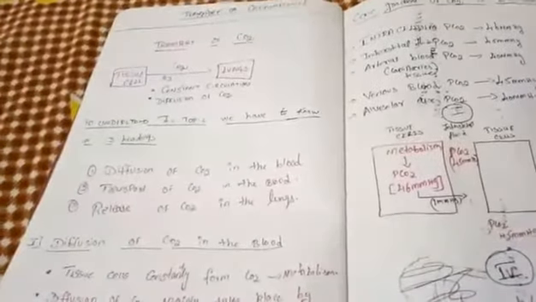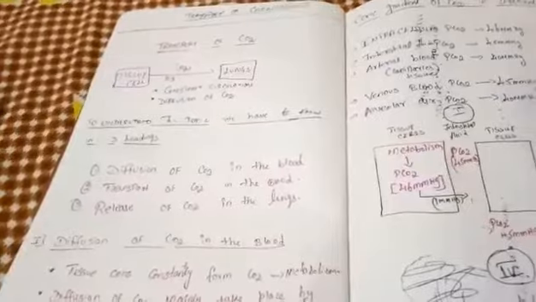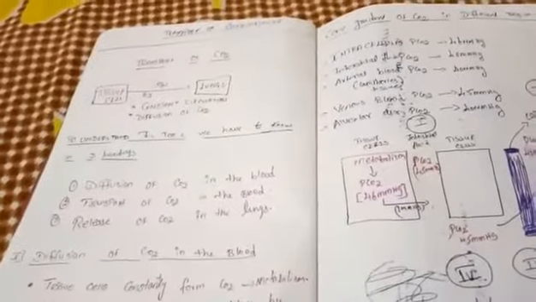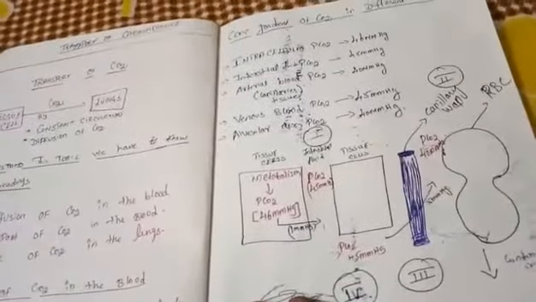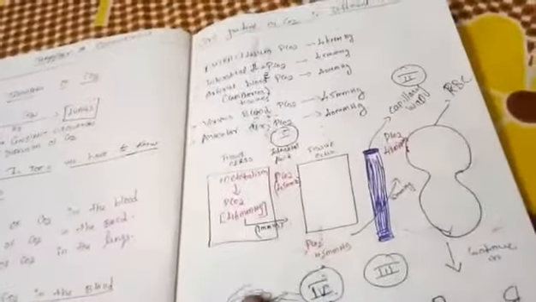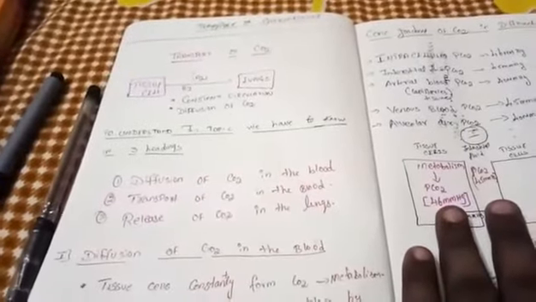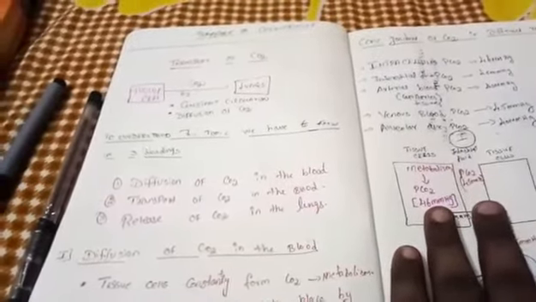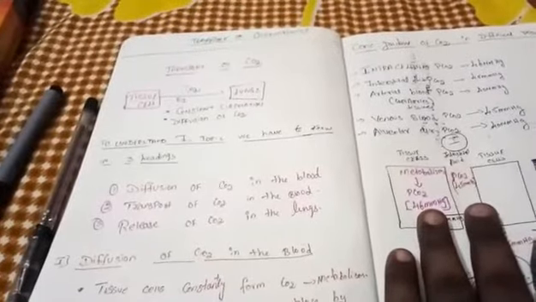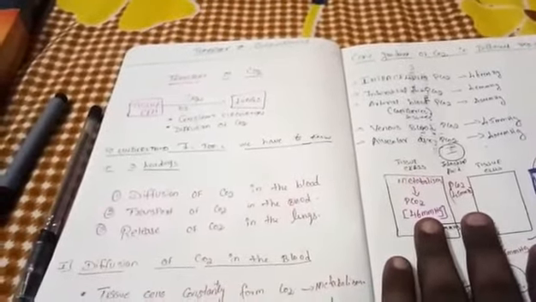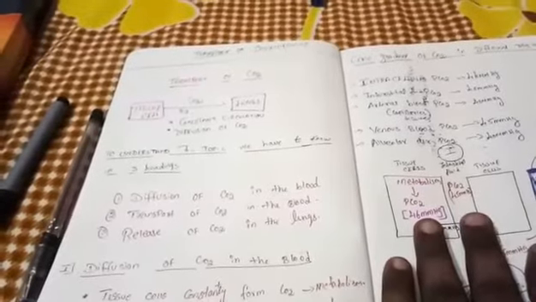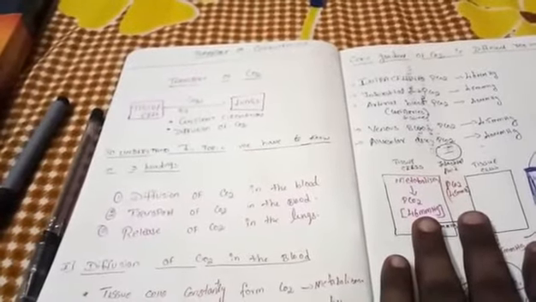As a summary, what are the things we studied? Three subheadings: diffusion of carbon dioxide in the blood, how the diffusion takes place; and the second, transport of carbon dioxide in the blood. For diffusion of carbon dioxide, you need to know the partial pressure of carbon dioxide in different regions, then only you can understand. Thus we summarize that transport of carbon dioxide mainly takes place under these headings. For diffusion, you need to know the concentration gradient of carbon dioxide in different regions, then only you can easily understand how diffusion takes place by simple diffusion.